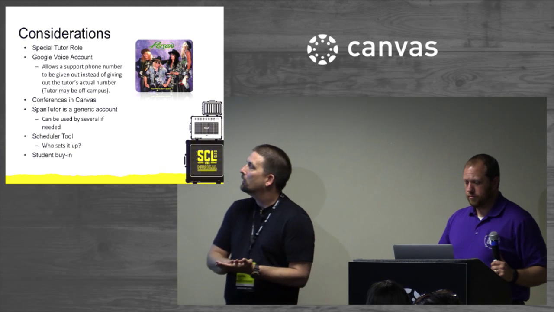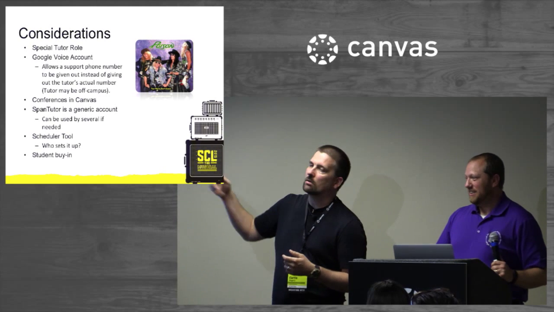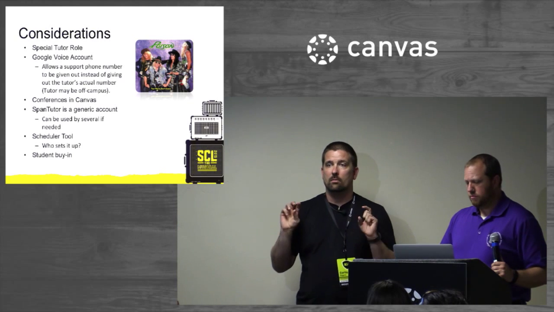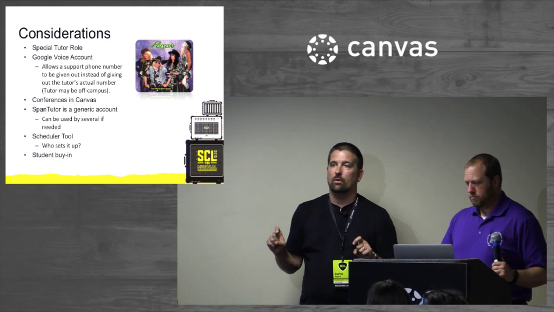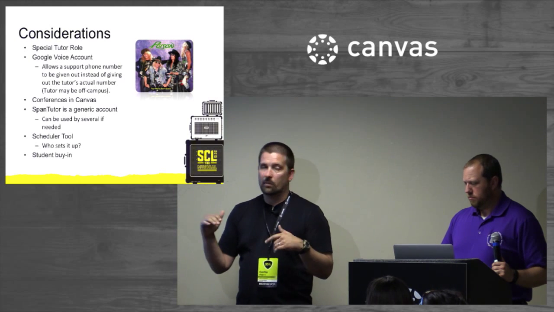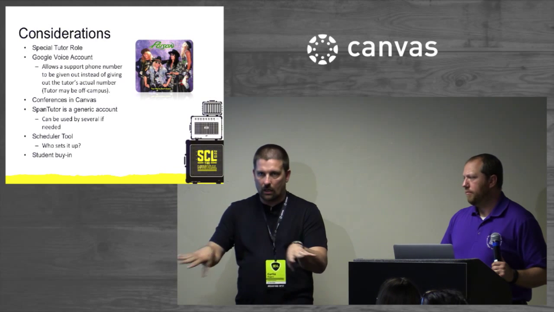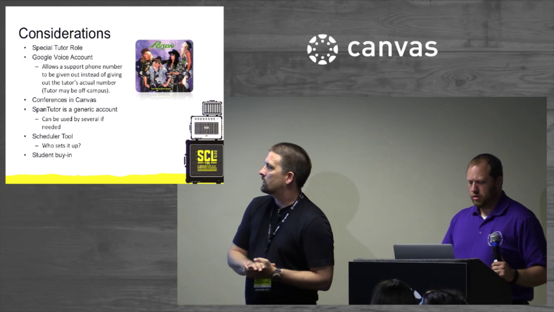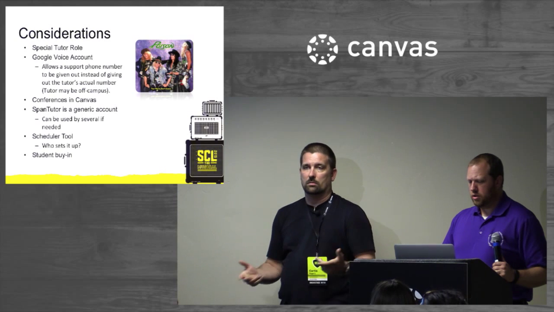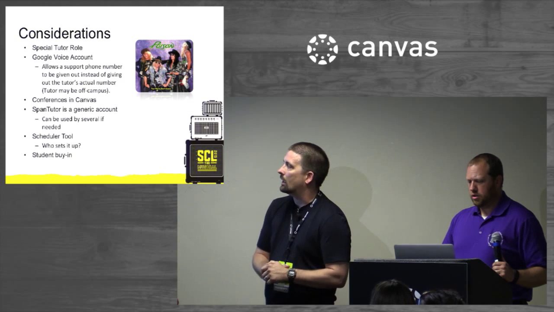Like, it gets creepy. But anyway, what we did is we set up a Google Voice account, which basically allows us to have a phone number that we can give out and we can shut off whenever we want to. This also would facilitate other tutors potentially being able to use the same phone number because you can make it go out to different lines. And so that's what we used, and students did actually use it. So we were able to pick up some students that may not have been able to connect otherwise.